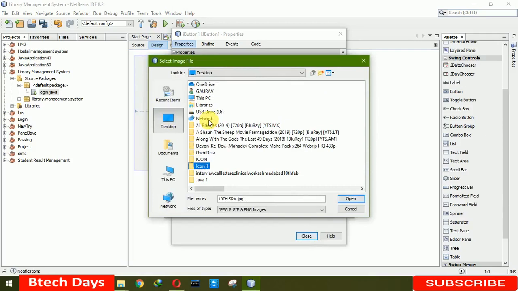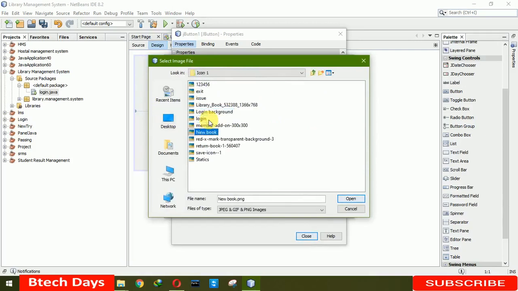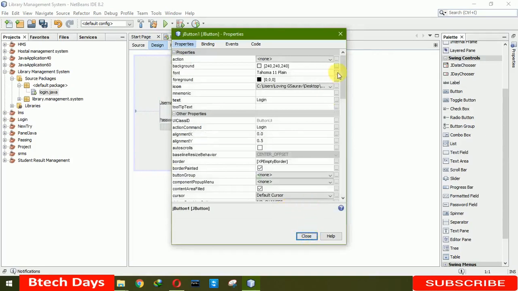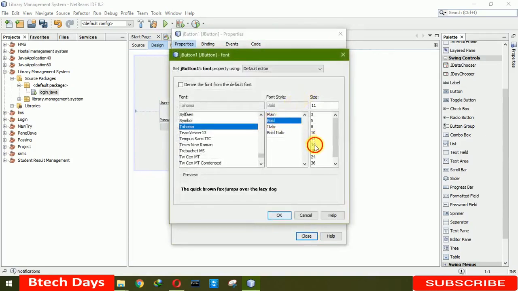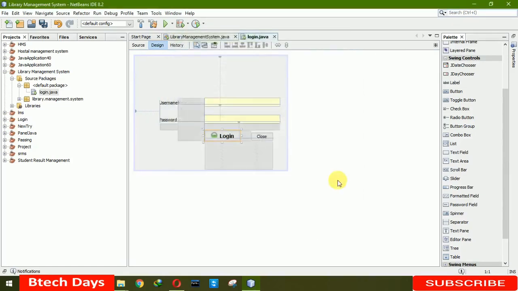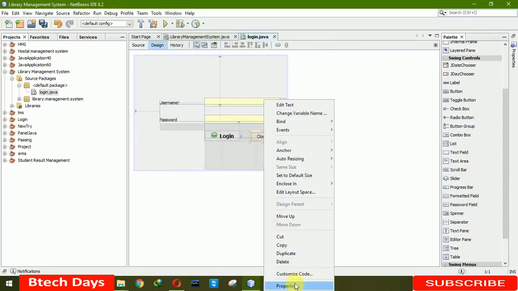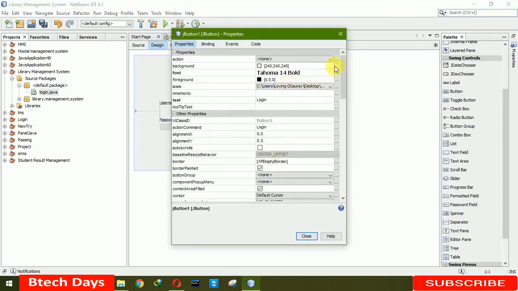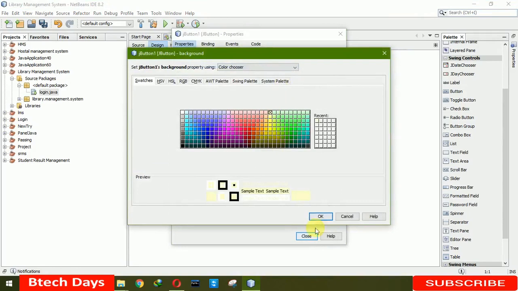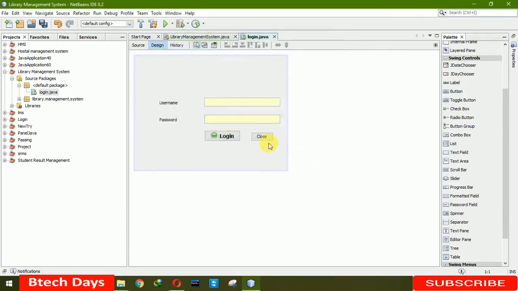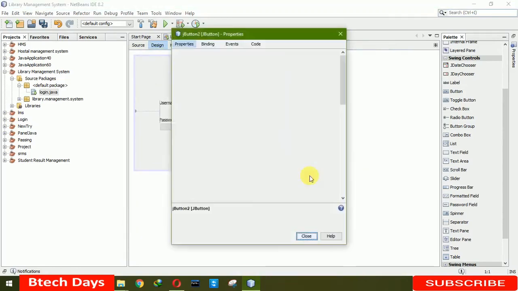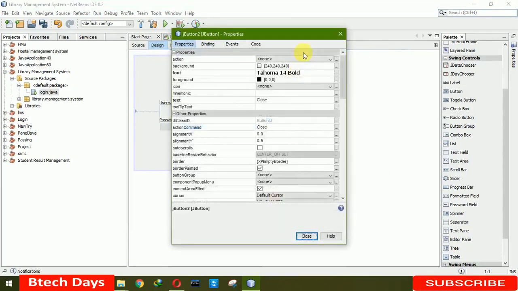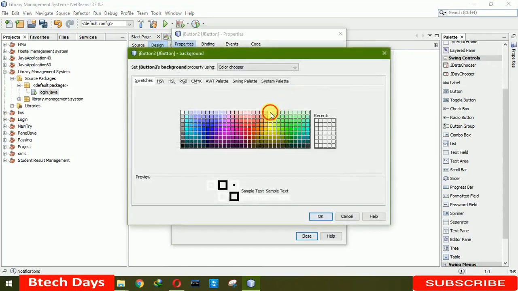Just here, icon, and I have to log in. Just click on increasing the size here, bold 14, click on OK. You also need to close. You also need to change the color of this, and the color is same for everyone. Now close, bold 14. Okay, color this one,